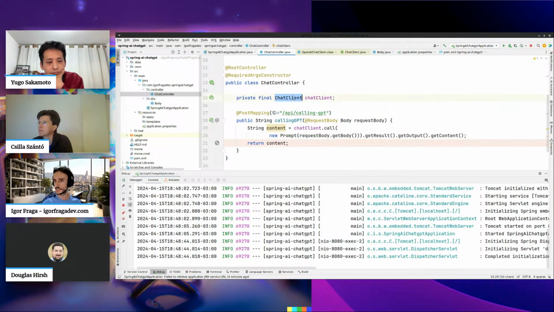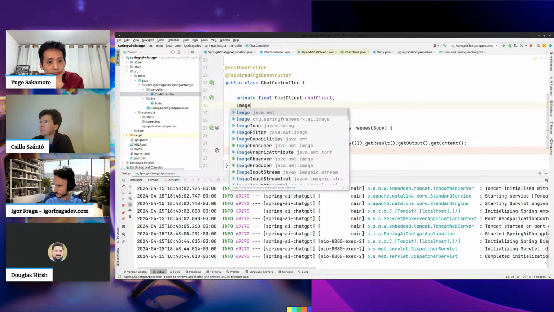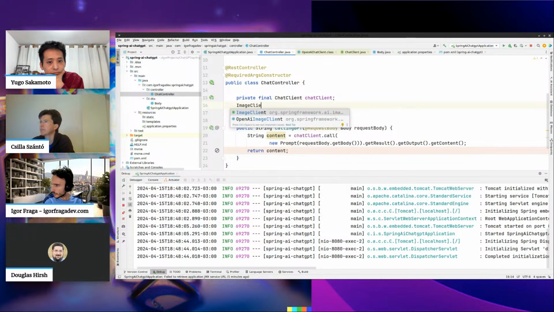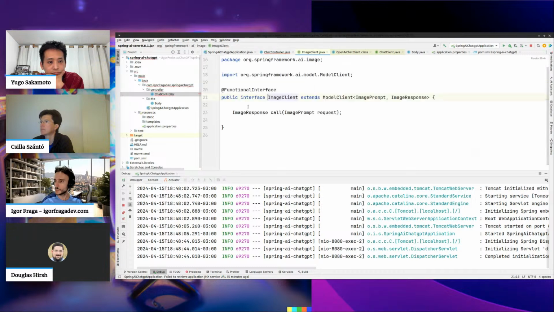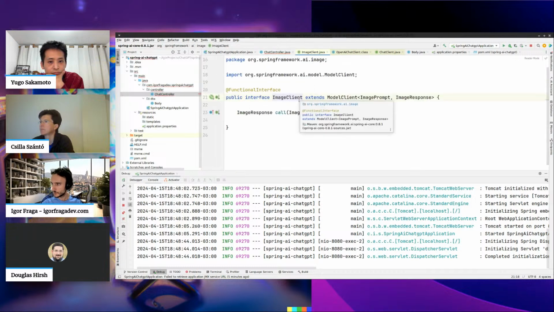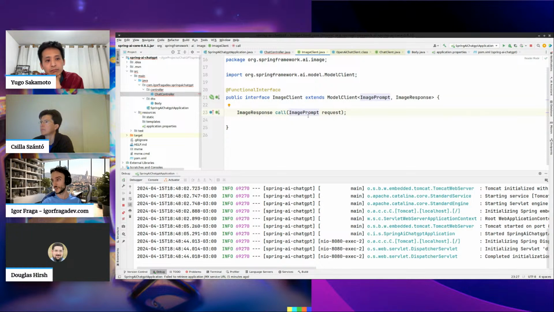So in this example, we are only looking into the chat client. But let's see if maybe we have... I don't know, I have not searched for that. Here we have our image client. Just for curiosity, here you can send images to ChatGPT or to an OpenAI model.